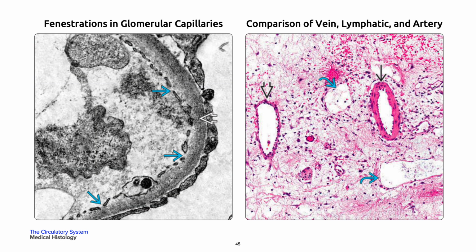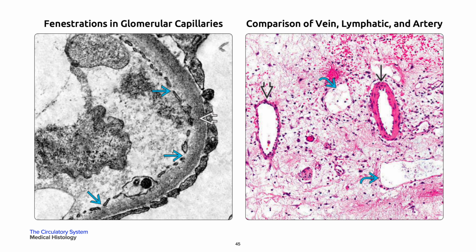On your left is an electron micrograph showing a glomerular capillary fenestrated endothelium. The endothelial cytoplasms forming a discontinuous dashed line to the left of the glomerular basement membrane in bold white arrow. The clear spaces or the pores in a single blue arrow between the cytoplasm will allow the free communication with